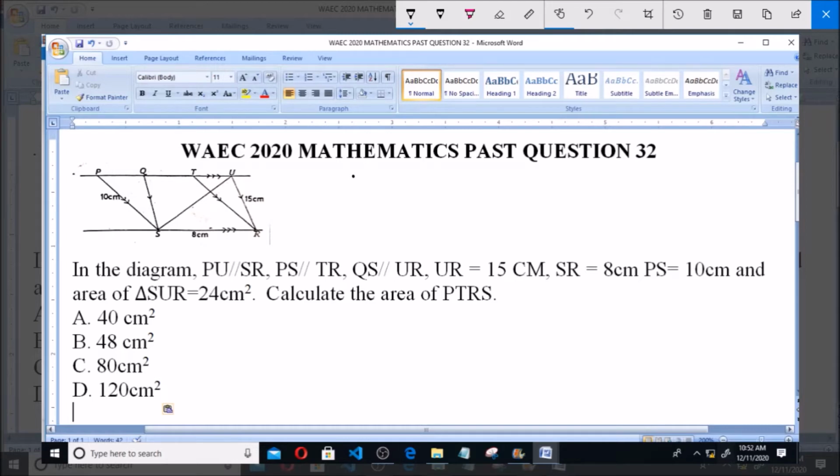Then line QS is also parallel to line UR. Now UR is equal to 15 centimeters, like you can see. SR is 8 centimeters, like you can see. PS is 10 centimeters, like you can see. And the area of triangle SUR,